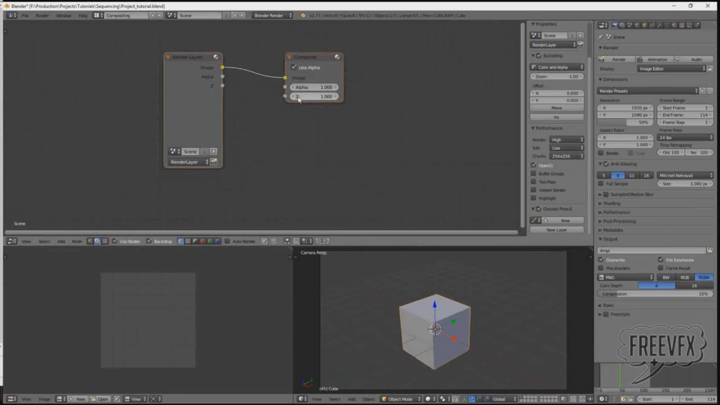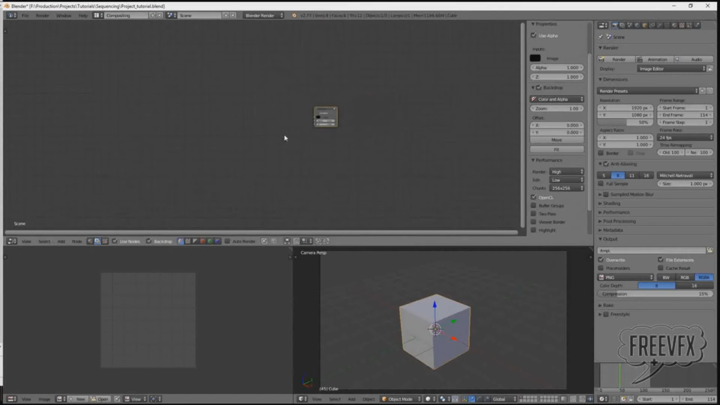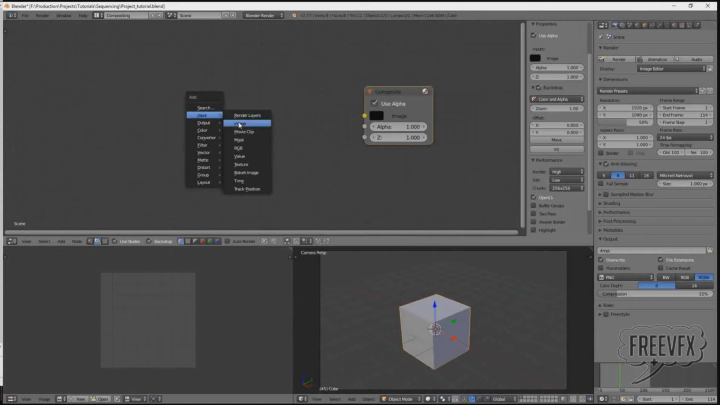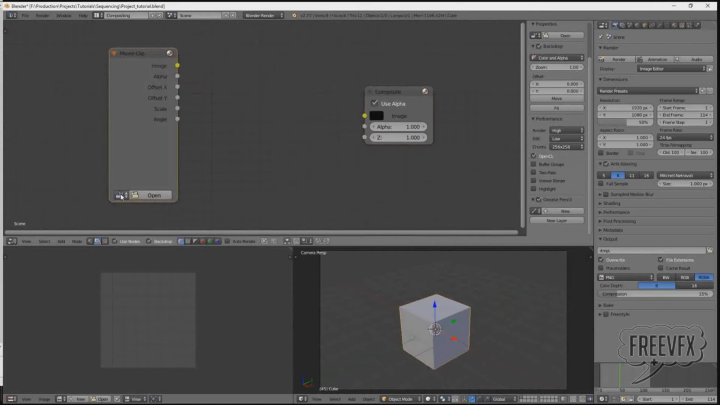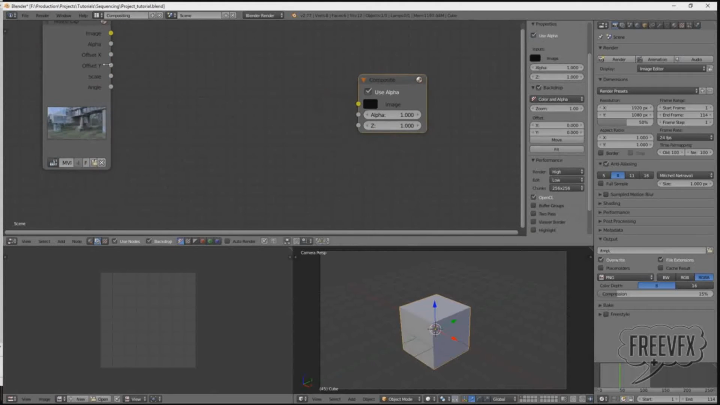Back in the compositor, I'm going to hit A to select none. I'm going to right click render layers, delete it, so that we just have this composite node. Next thing I'm going to do is I'm going to add my footage. So I'm going to Shift A, input, movie clip, select my movie clip as it is, and then I'm going to Shift A,